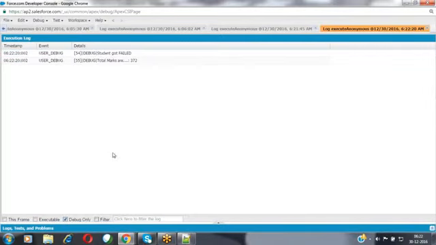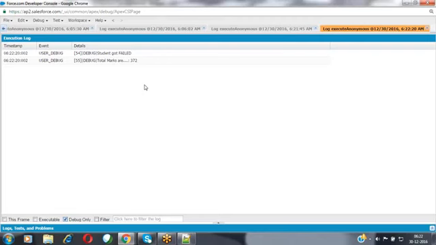Select the debug only checkbox. It is giving that result. Student got failed. Total marks are 372. Nothing but the student got failed because he got less than 40 marks in one of the subjects. And for that, it is calculating only the total, but it is not calculating any grade, because for the failed students, we don't have any grade over here. So for that, it will be displaying only those two results to you.